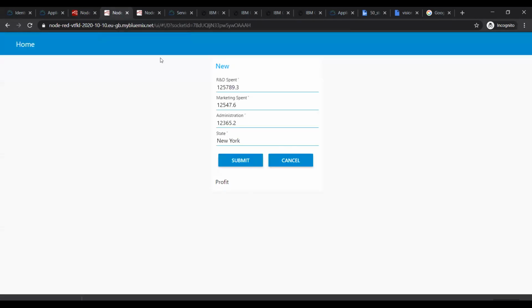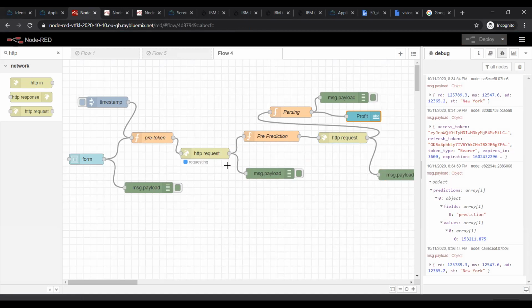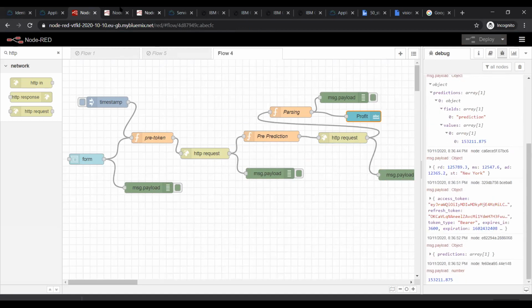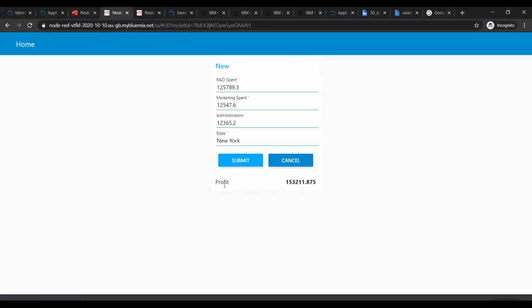Go back to Node-RED. Now submit these values. If you see here, it was still requesting. After this requesting is done, go back to your UI and see, the profit value has been given to us. It is predicting. Now change the values and see.